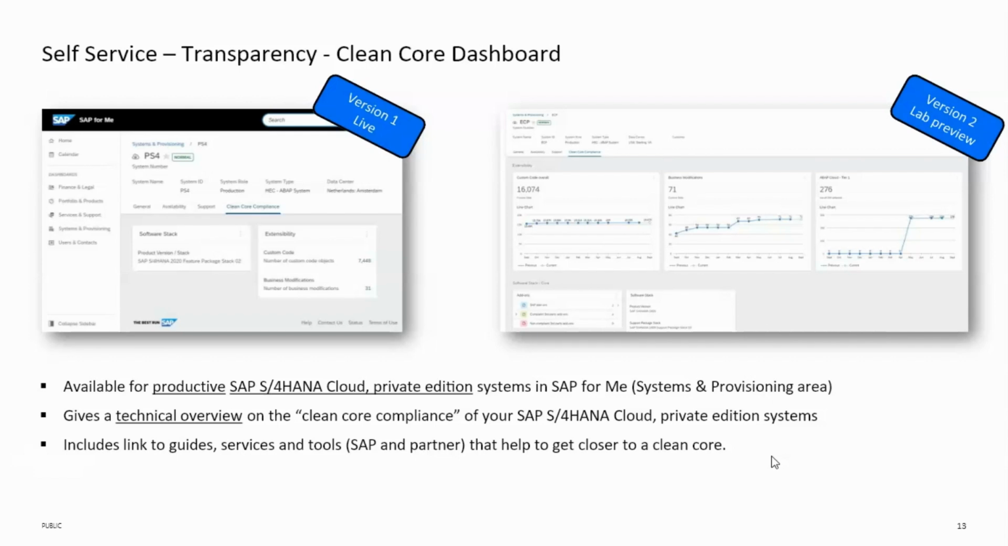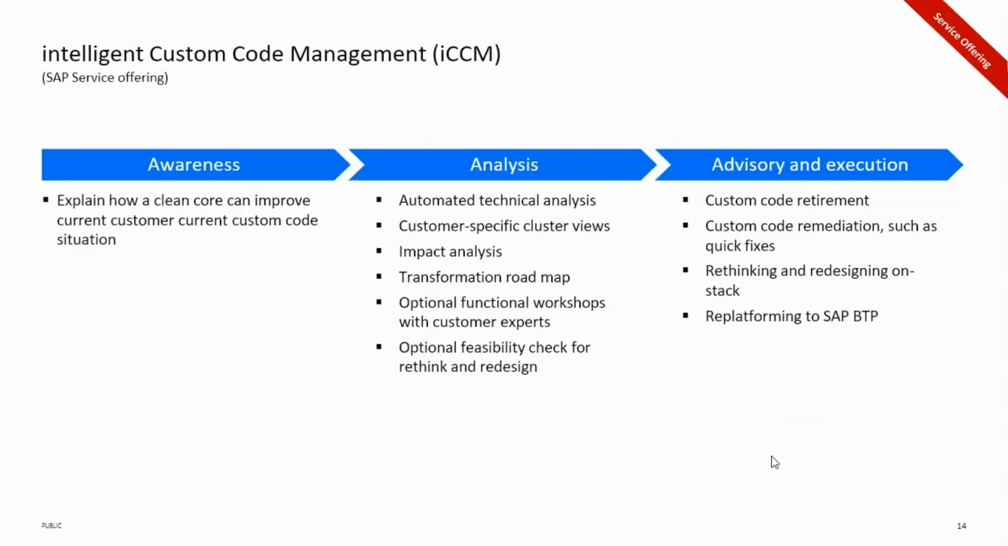So we can go ahead with the links and service tools, which I'll provide later, that help to get closer to the clean core. We've got the intelligent custom code management here, the SAP service offering, wherein we are looking at the awareness, explaining how a clean core can improve the current custom code situation. Then we're going to go ahead with the analysis: automated technical analysis, customer specific cluster views, impact analysis, transformation roadmap, optional functional workshops with customer experts, optional feasibility check for rethink and redesign,